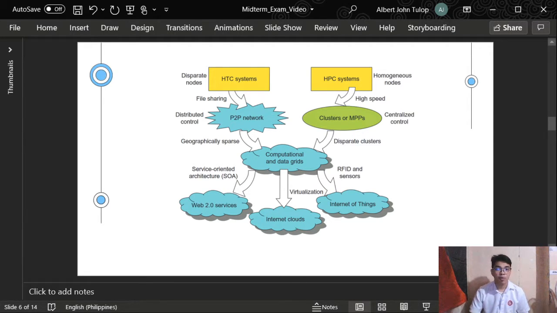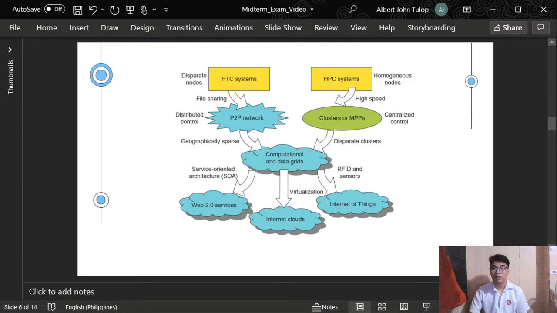These cooperative computers are a collection of homogeneous computing nodes that are physically connected to one another in a close-range setup. In HTC systems, P2P networks have been formed for distributed file sharing and content delivery applications.